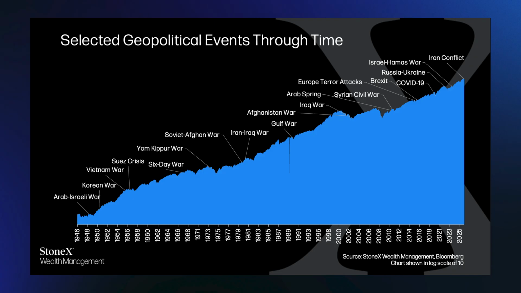A couple of notes here. First of all, this chart is done on what's called a log scale, which essentially just takes really long periods of time and helps to put them in a way that allows you to see those fluctuations. So it would be really easy just to use a growth of $1, and what you'd see is this giant hockey stick, and it would kind of run over all the nuanced declines throughout some of these events. So that's why we've used that kind of chart. You're welcome to use your favorite AI chatbot and learn more about it if you're interested. But it does show the nuanced declines during some of these events. So we're not trying to say it never happens, but really it's how long does it last and what persists.